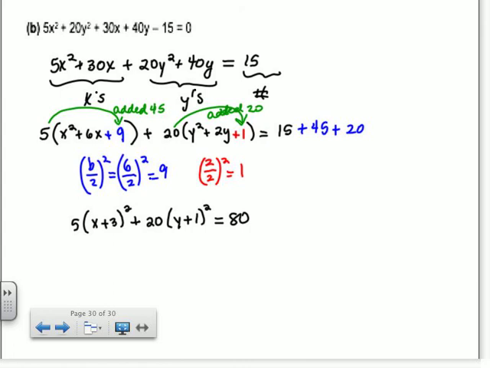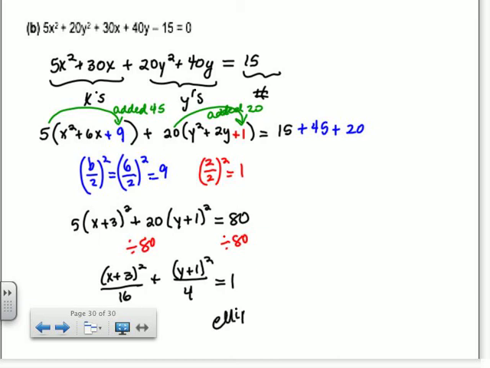What are you guys thinking it is? There's a plus sign, so it's either a circle or an ellipse. It's an ellipse, right? Because they aren't the same number. You don't have 5 and 5 or 20 and 20. All right, so divide by 80, because for an ellipse, we want it to be set equal to 1. So when I divide by 80, can you guys do this part in your head? 5 over 80. It's 1 over 16. Plus 20 over 80, you can definitely do that one in your head. 4 on the bottom